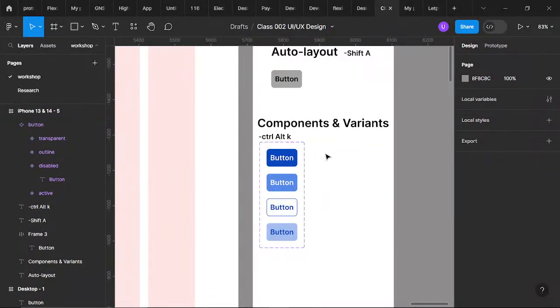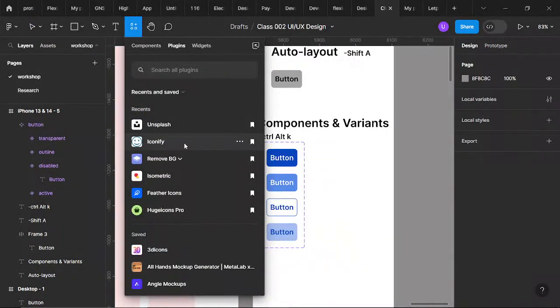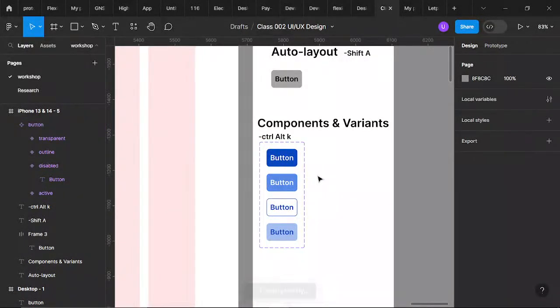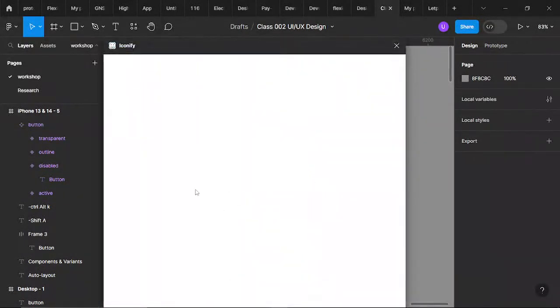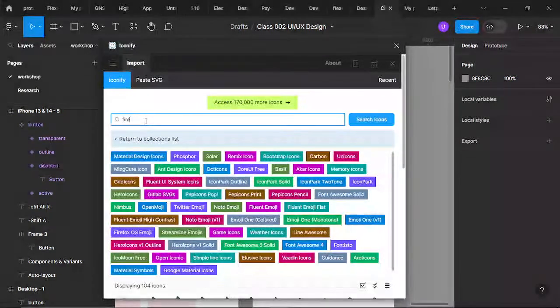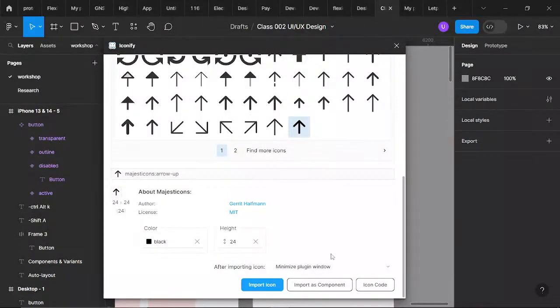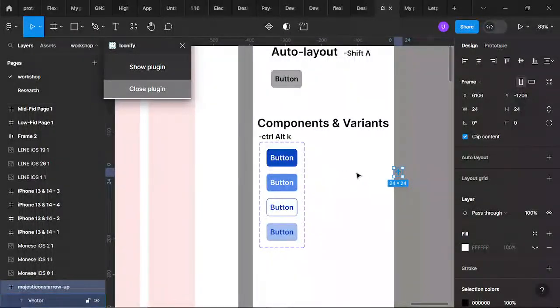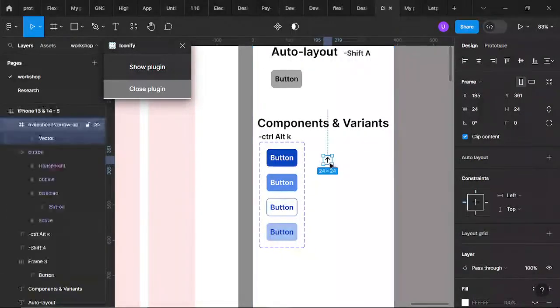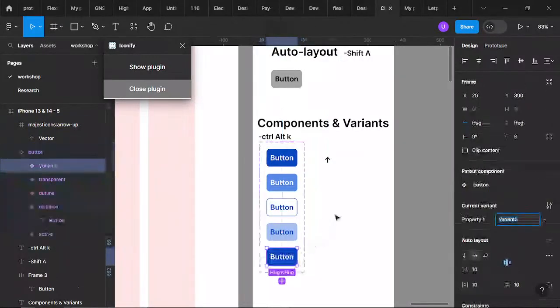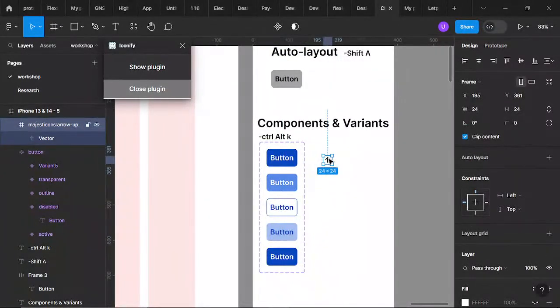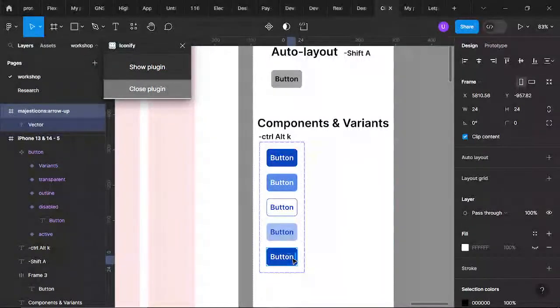Now that you have something like this, let me even give you an example of that icon. Let me bring in one icon with the help of our Iconify. So let me just bring in an arrow, something like that. Okay, let me put in this one. Now I have this arrow here and I want to put it inside my button, but I want another variant, right? So I just need to add that button and then bring in this arrow inside of it.